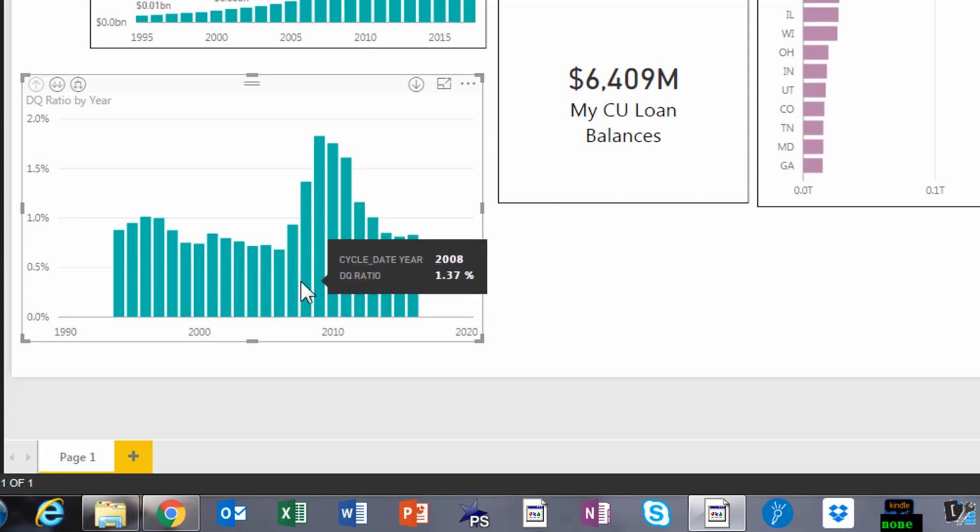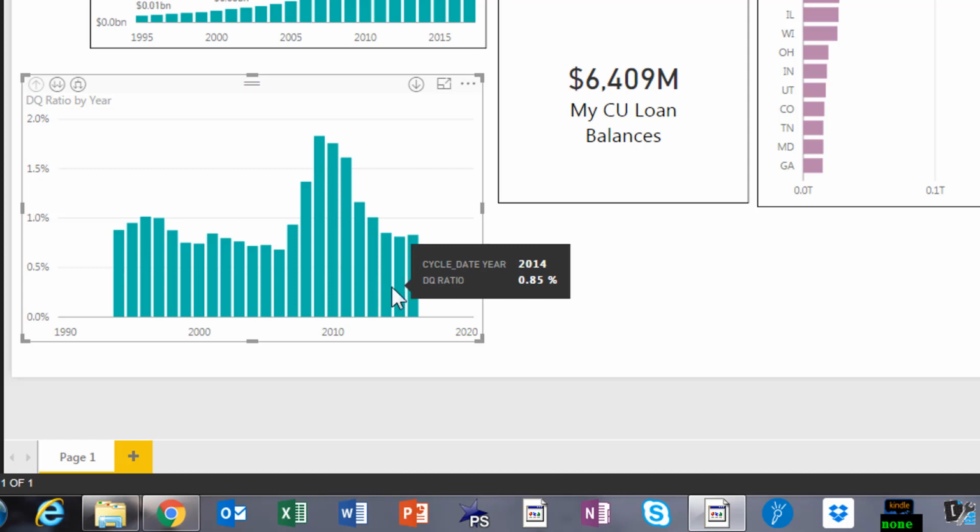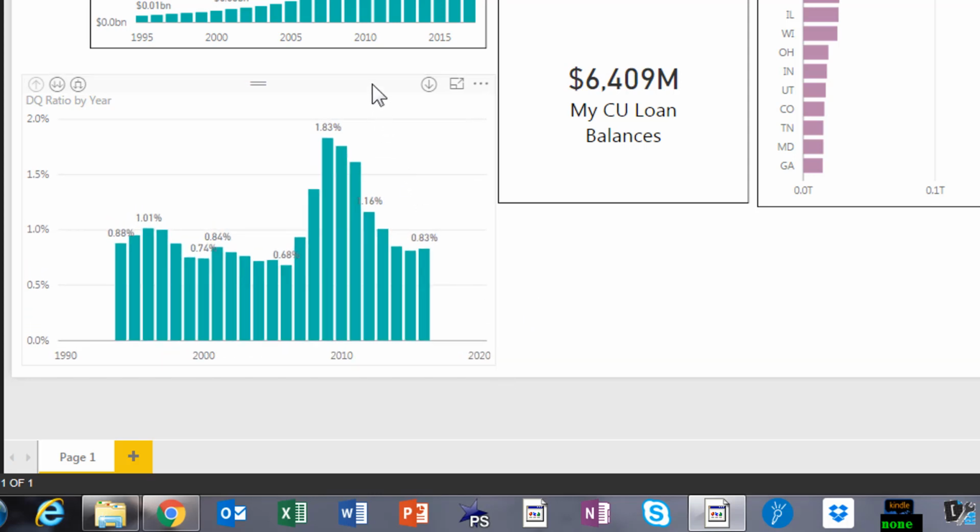So around here, starting in 2008, spiking in 2009 at 1.83, starting to come back down. Right now we're looking at 0.83. I think I like to see that with a label. Okay. So now that is the industry,